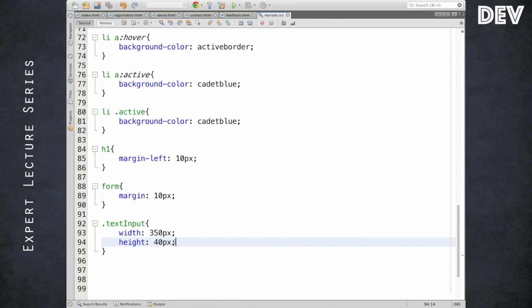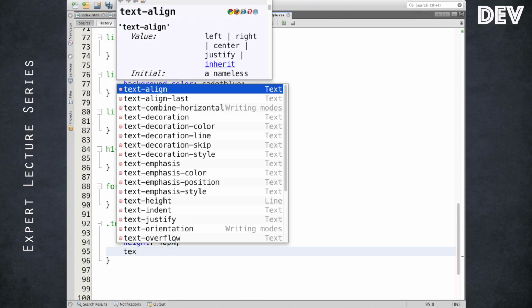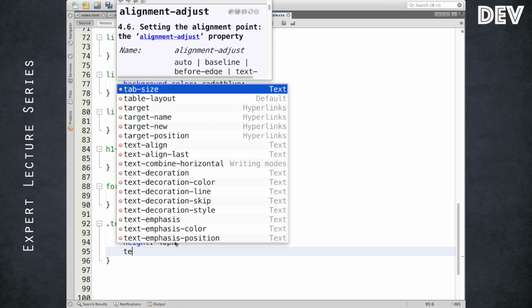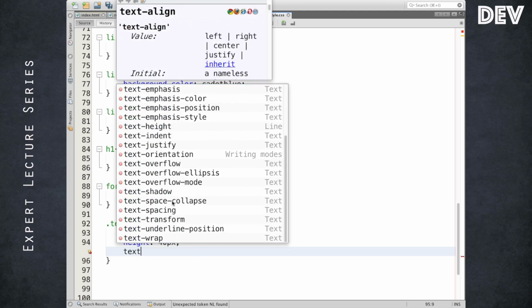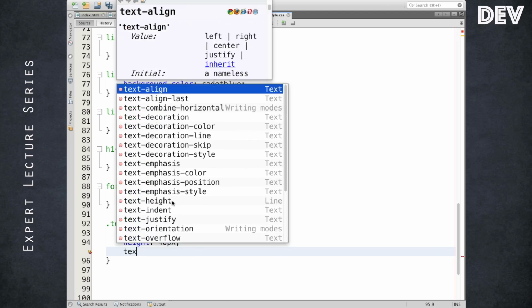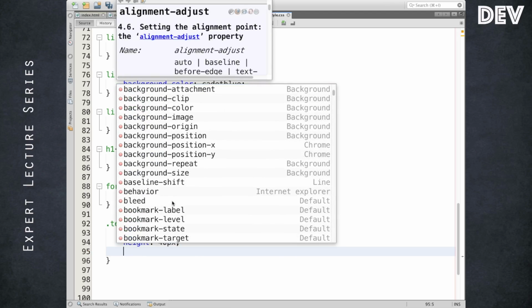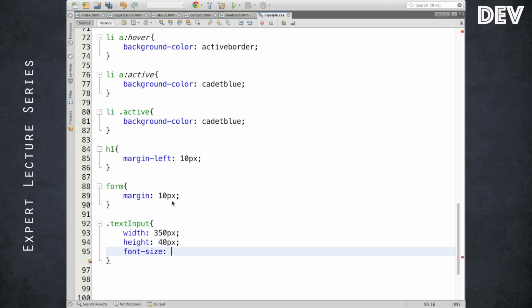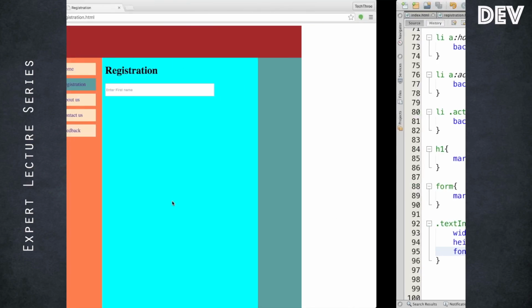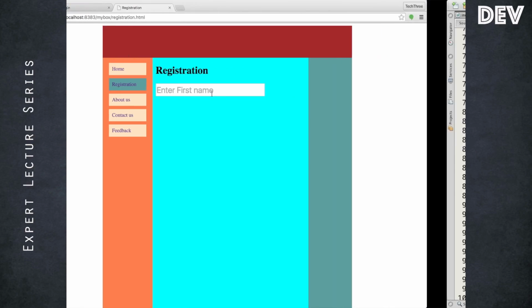We'll give a text font size, sorry. Let me make a slightly larger font, a very big one.